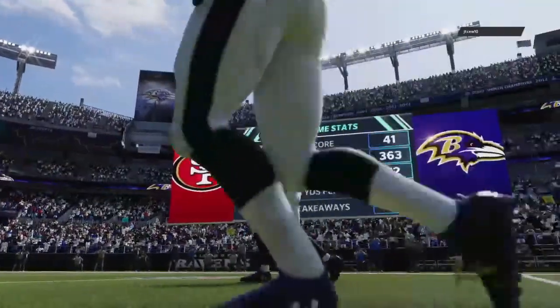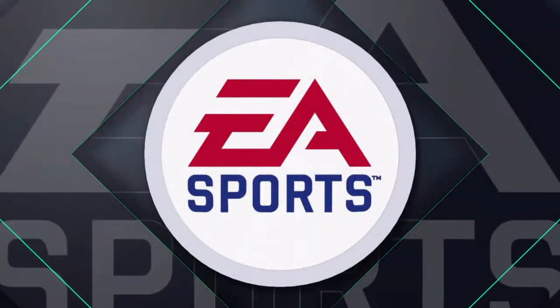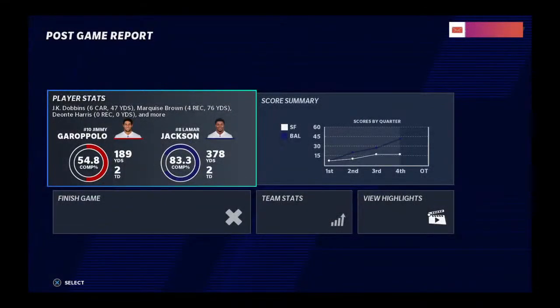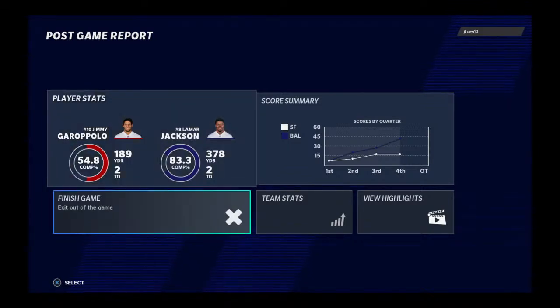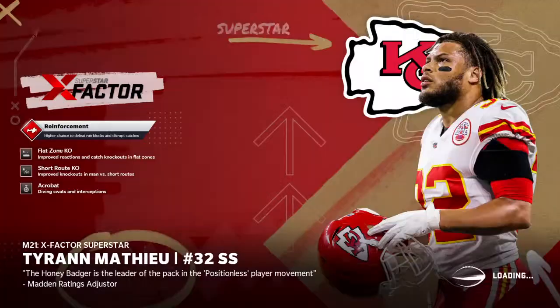So for Baltimore, they make amends for their Week 1 loss by winning their home opener. And they'll hit the road next week to take on the Arizona Cardinals. Meanwhile, for the Niners, they will fall to 1-1. And they'll be back home next week as they're set to take on the